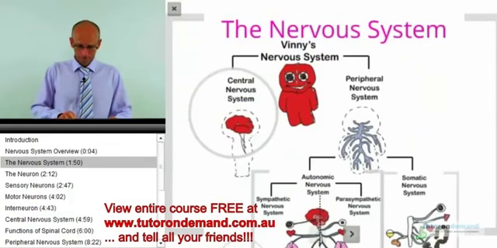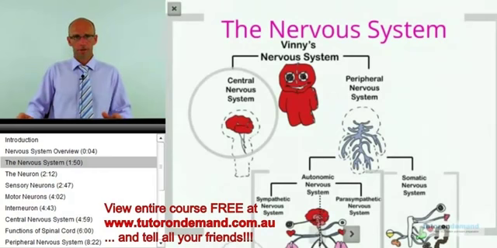Okay, the nervous system. Key thing in terms of the nervous system is you need to know your divisions. So again, we can break it up into two major divisions, the central and the peripheral. We can break up the peripheral into